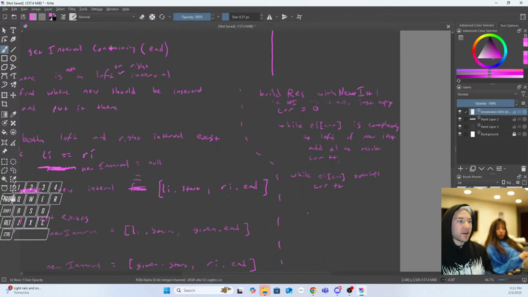So I'm not adding anything to my result. I'm like, oh, that overlaps in some way, that overlaps in some way, that overlaps in some way. Okay, so at that point, I have now reached the point where I'm looking at an element,